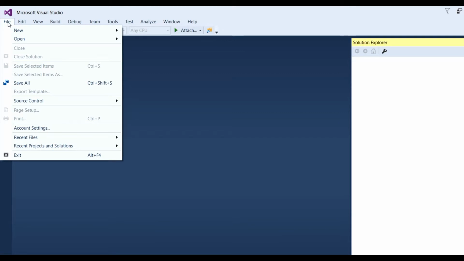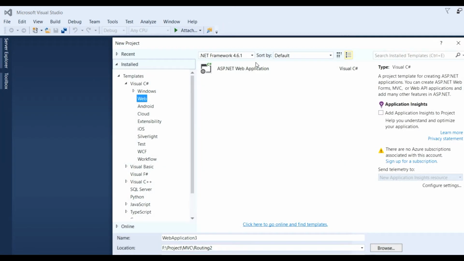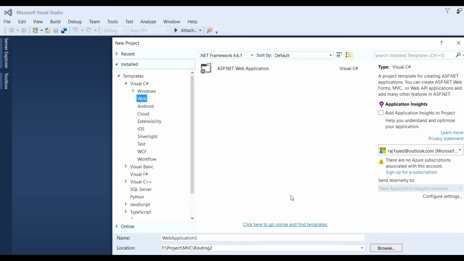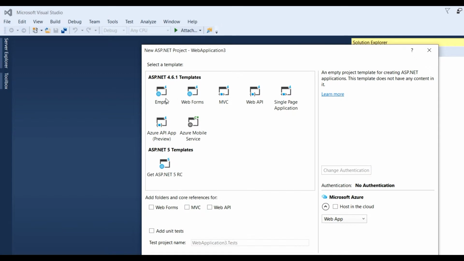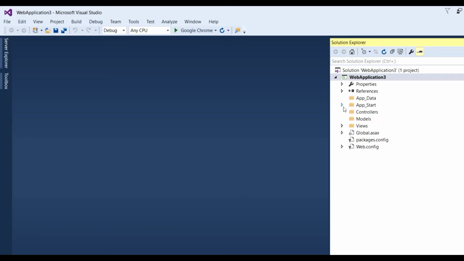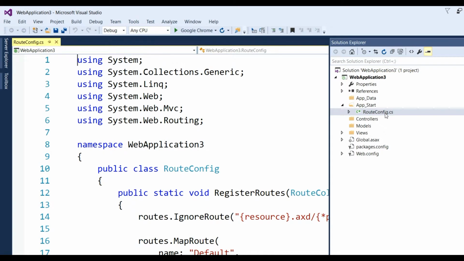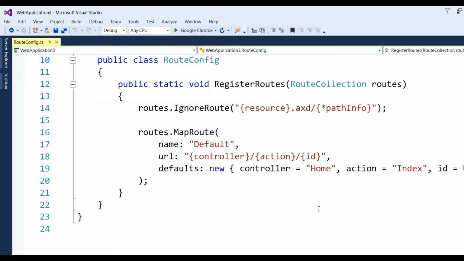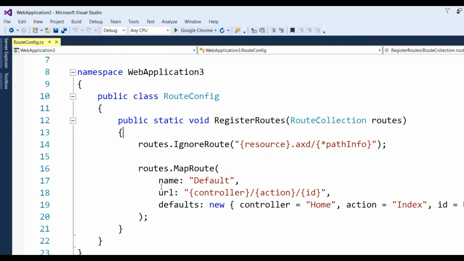Go to File, New Project, consider Web, ASP.NET Web Application, click on OK button, choose Empty project and select MVC and click on OK button. See here App_Start, there is the RouteConfig file. Here we can see